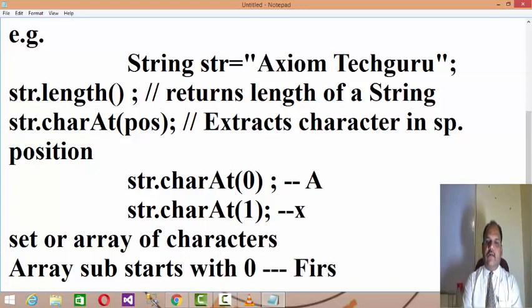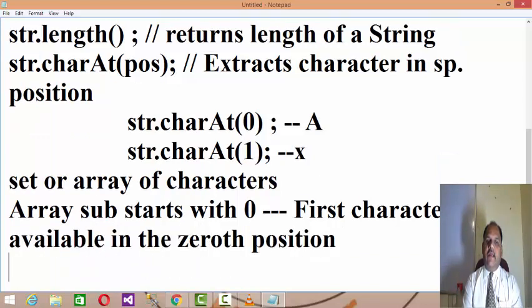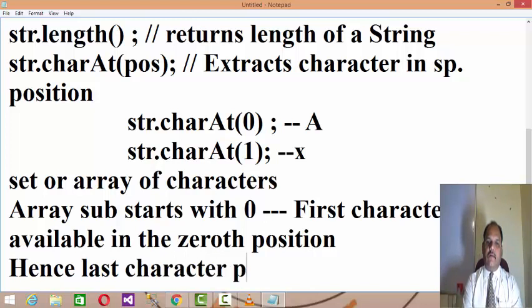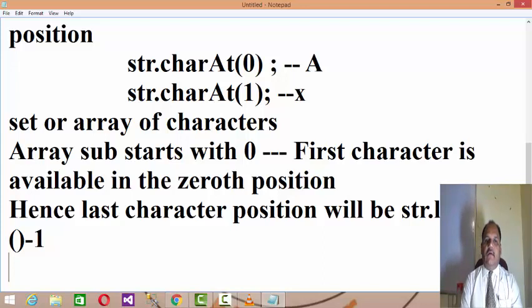So the first character is available in the 0th position, and hence the last character position will be str.length() - 1, right?